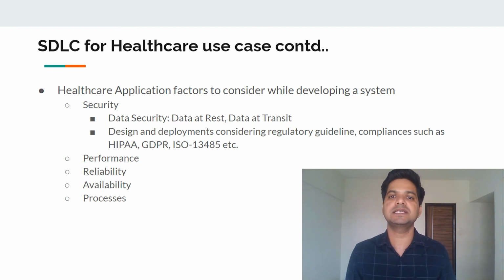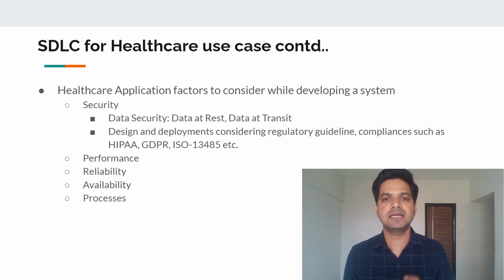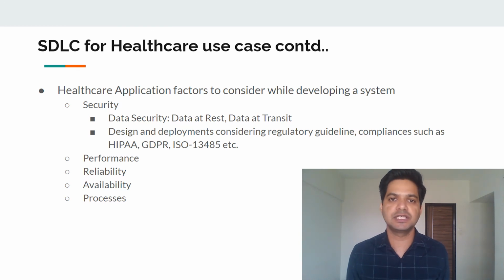In case of availability, let's say any doctor is treating a patient or operating in the operation theater, then in that case, that software has to be available. Let's say that software is providing data to a clinician or a doctor, then that data has to be available all the time. There should not be any delay in looking at the data because the doctor might need to take some decisions in the further operation. So availability is a very crucial aspect for a healthcare application, and obviously all the processes defined for that particular health application need to be followed.